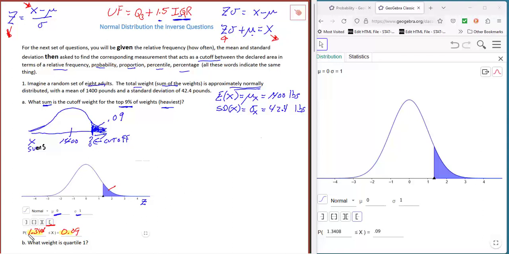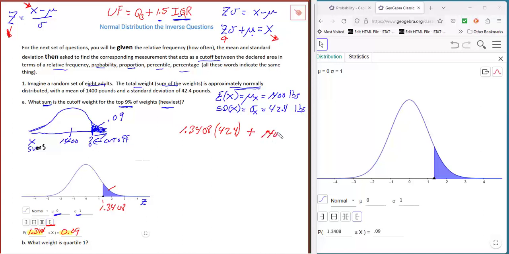Now realize that, see that cutoff? See this value, which is in z-score land? This value is 1.3408. So the top 9% of weights as a z-score is 1.3408 standard deviations away from the mean. To get the actual measurement, I'm going to have to use this. So I'm going to enter 1.3408 times, again, my standard deviation is 42.4,